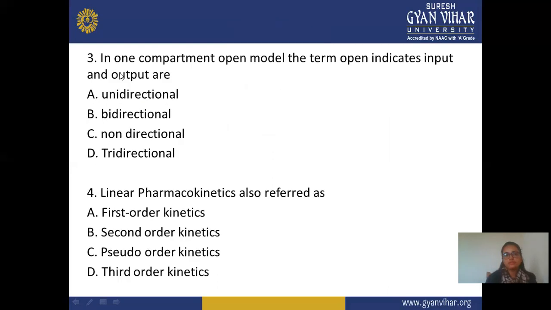Next, in the third question: in a one compartmental open model, the term open indicates input and output are